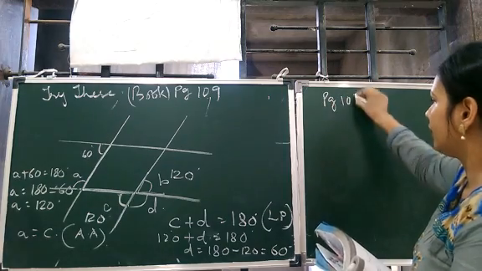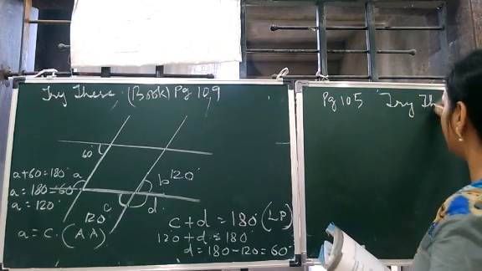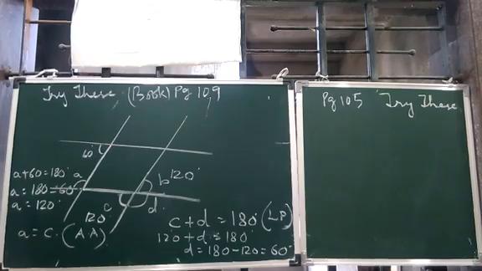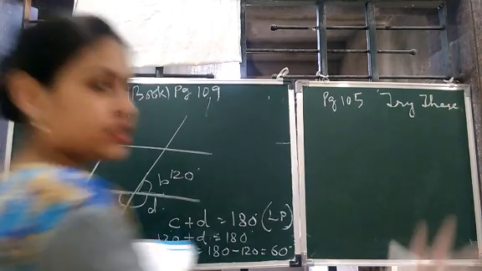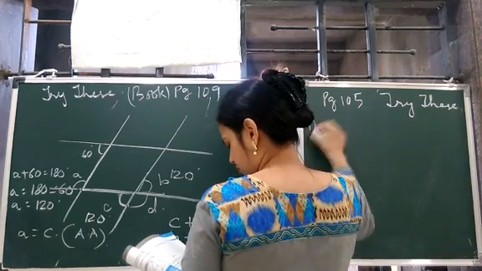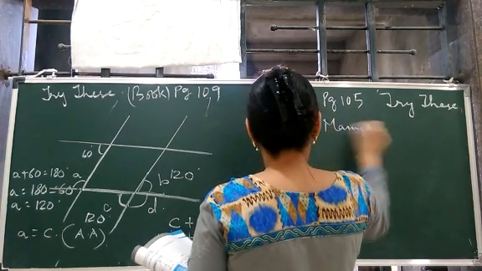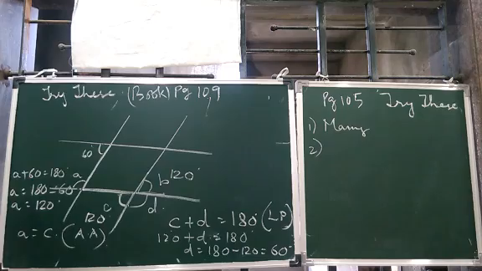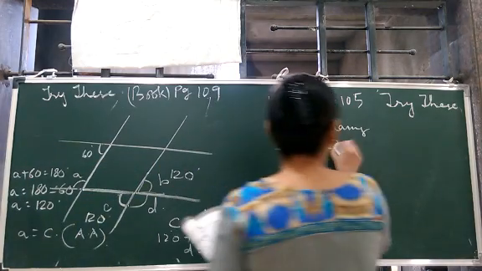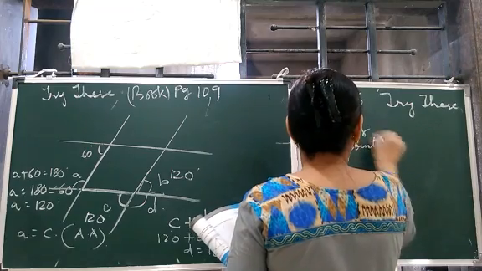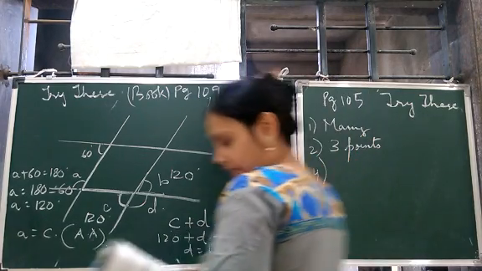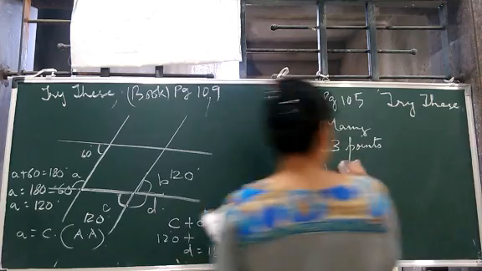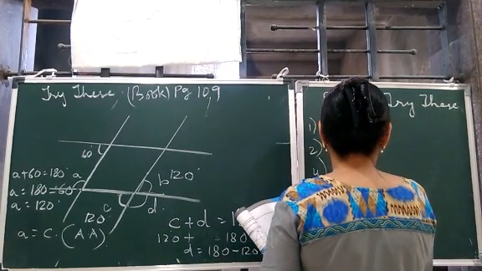Page 105's Try These is left. Simple examples maybe, because it is written: suppose two lines are given. How many transversals can you draw for these lines? Many, na? You can draw many. If a line is a transversal to three lines, how many points of intersection? 3 lines, then 3 points. Yes? Try to identify a few transversals in your surroundings. Crossroads? Yes? So we will write only one.